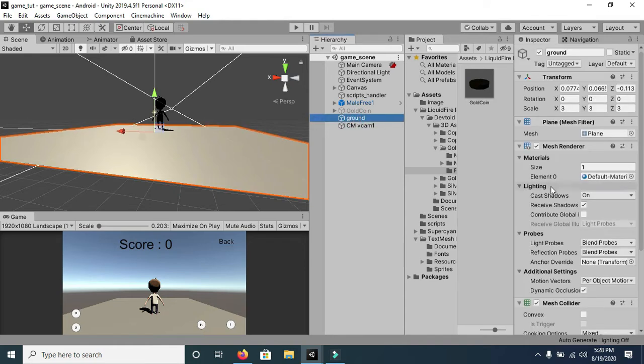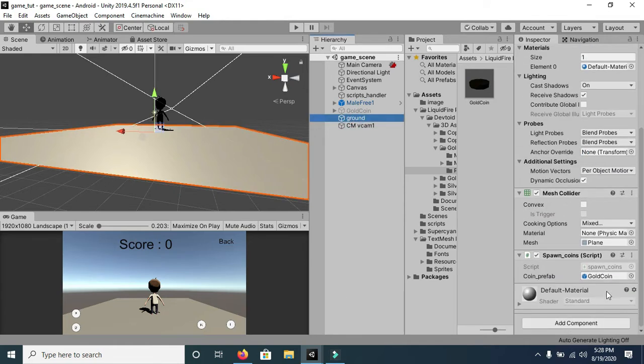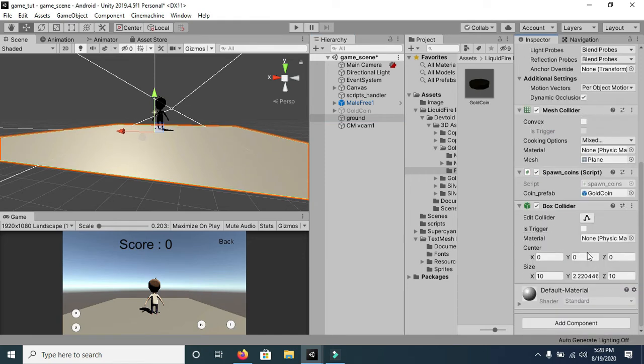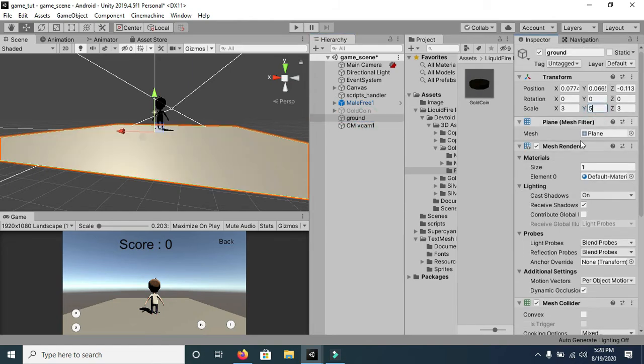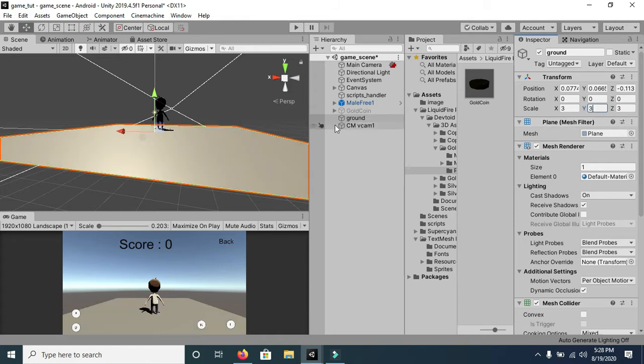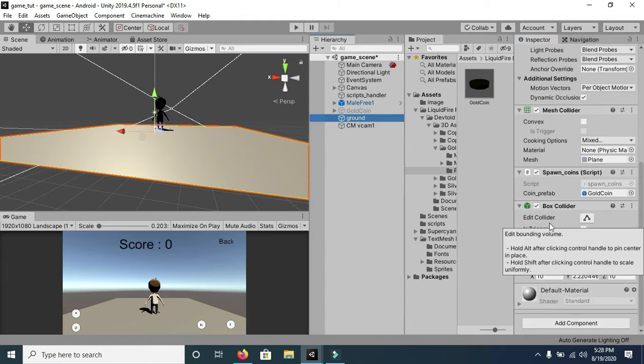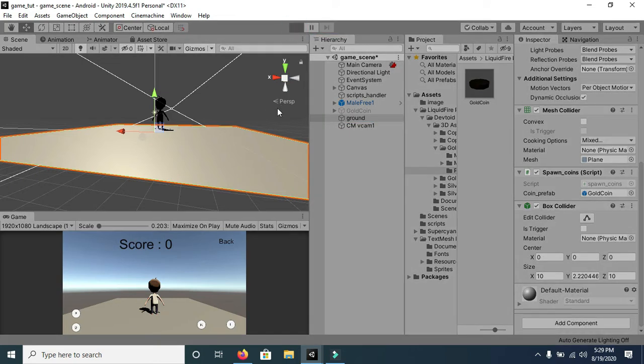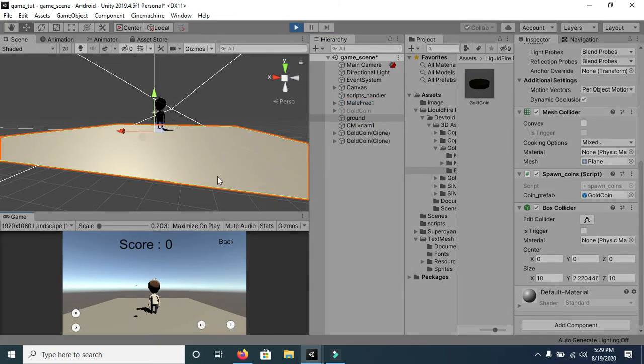So first of all, we have to attach a collider to our ground plane. The collider will be a box collider. As we all know, this ground plane has a scale value of 0 on the y-axis. As you can see, if I change its value, nothing is happening because this ground plane doesn't have any kind of height or thickness. The same thing is going to happen with this box collider. I have attached this box collider, but if I play this game, you can see that it is still not behaving like a normal collider. No collision is taking place. Coins are still passing through this plane.